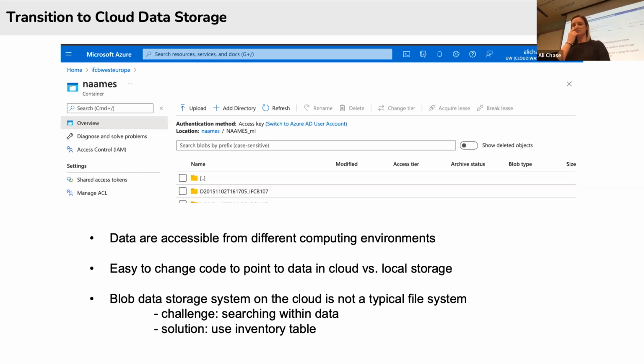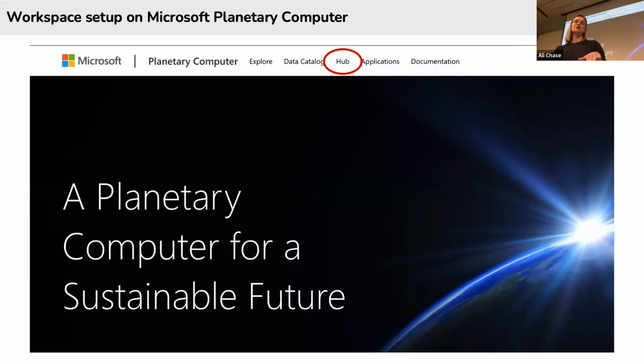There were challenges that came up with setting up this environment. I would say that there's some room for improvement in this portal. But in the end, it was doable and it's working. And we also then transitioned our computing environment to Microsoft Planetary Computer, and I circled here the hub, which is what we used.